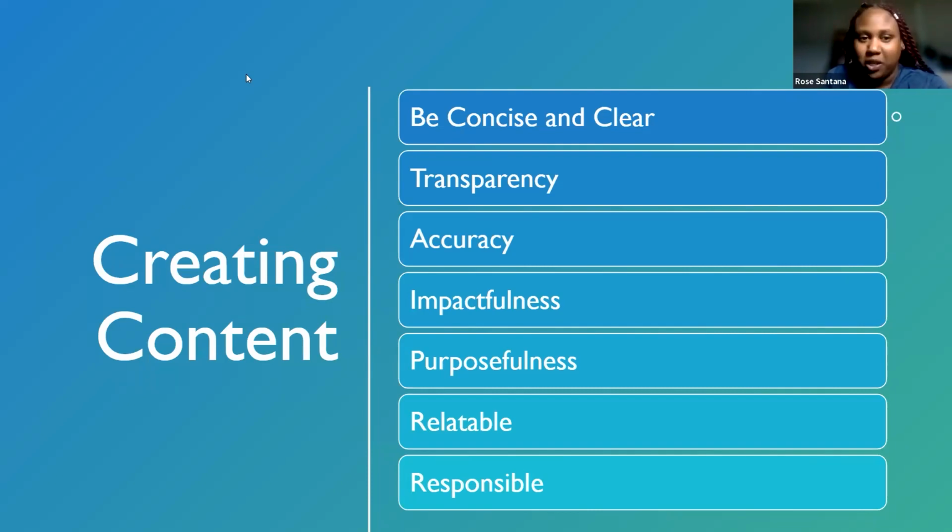Obviously, the goal is always to be as impactful as possible. For example, when the whole Titan submersible debacle was going on, we were creating that content with a clear vision in mind that we wanted to educate people about deep sea exploration and how these things could happen. And purposefulness, there has to be a purpose to what you do. At least for me, I try to have a set goal in mind.